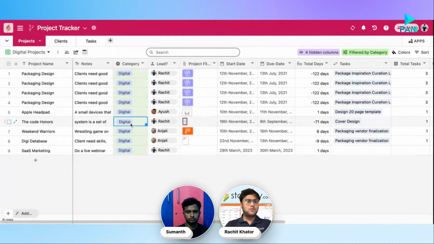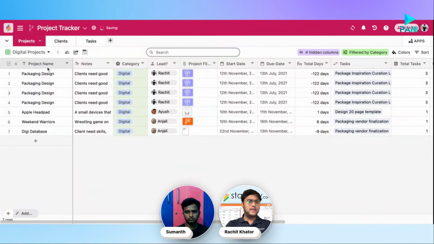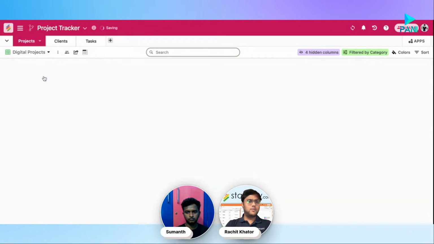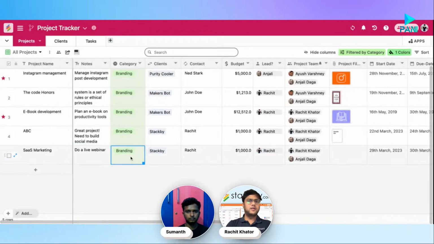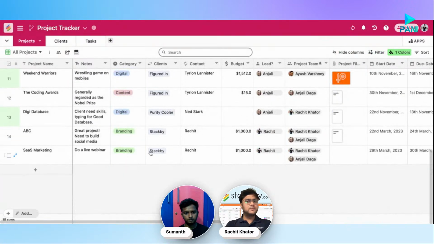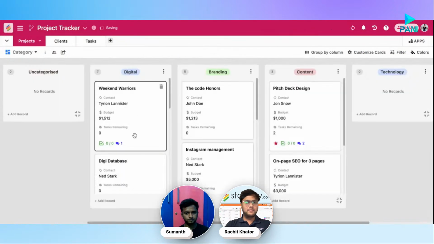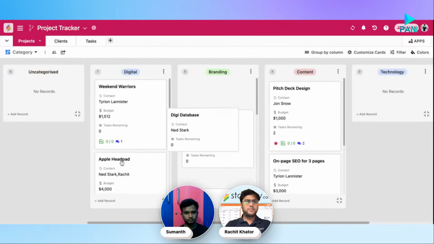So let's just say something moves from digital to branding, so it moves from this particular view, right? Let's just say SaaS marketing is digital. I take it to branding. So in the main all projects table, you will see that SaaS marketing has gone into branding, right? So, and it's all syncable to each other. So not only can you create multiple grid views, but you can also create views like Kanban, where you can drag and drop information,